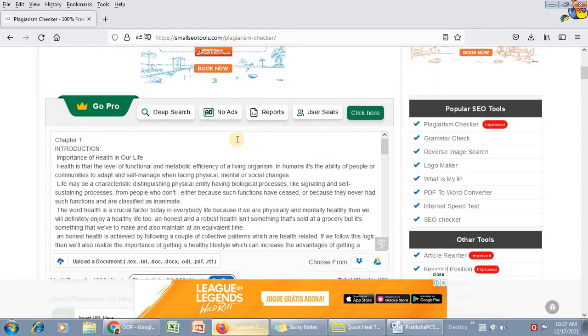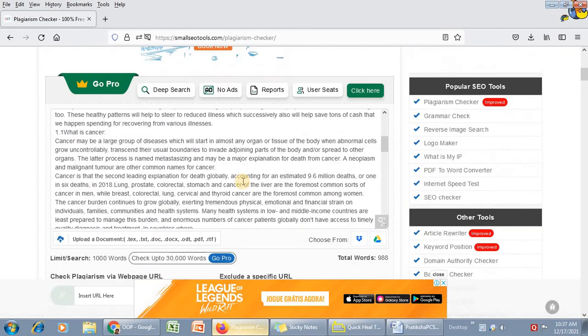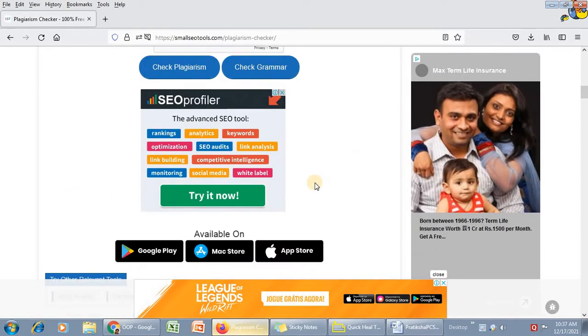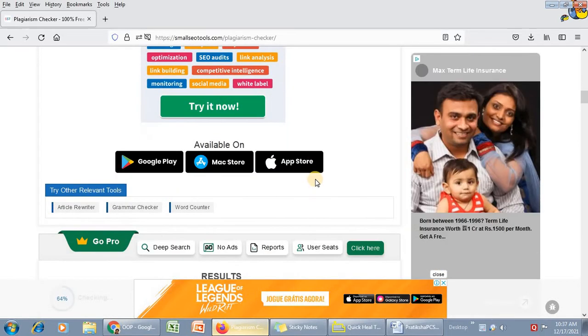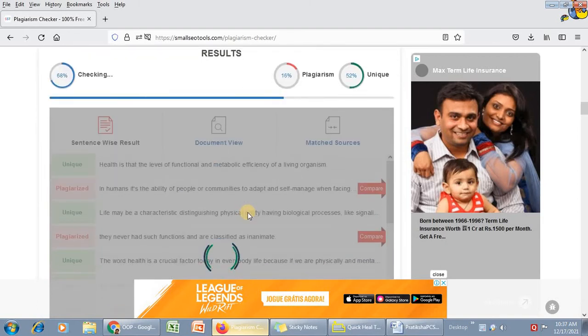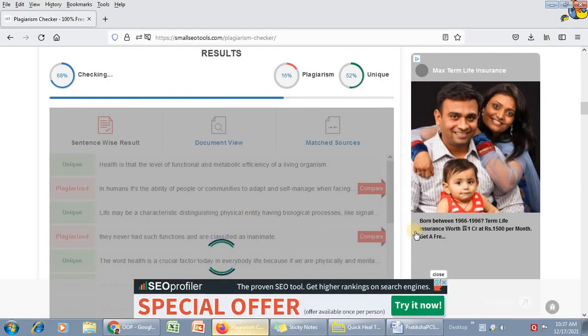You can get the plagiarism report also. How to get the report, and how to club all the reports, we are going to see. 64% of checking has been done. Let's wait some time, dear students and dear friends.